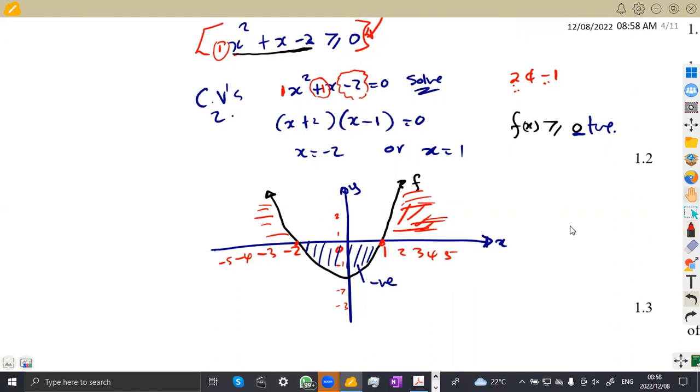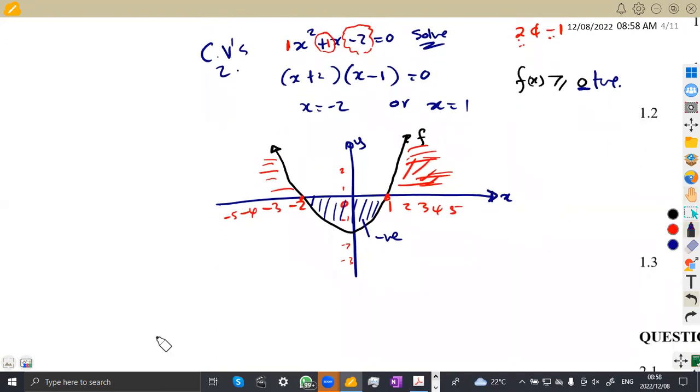So therefore, our solutions can be given as x referring to the values of -3, -4, -5. Let's compare these values with -2. Are they greater than -2 or are they less than -2? These values, they are less than -2. But take note, there is an equal to there on our function. So definitely it's going to be less than or equal to -2,